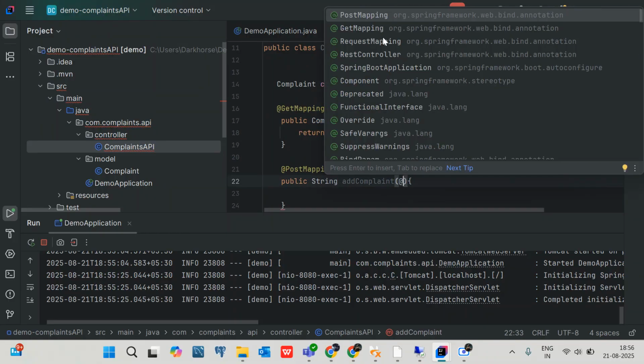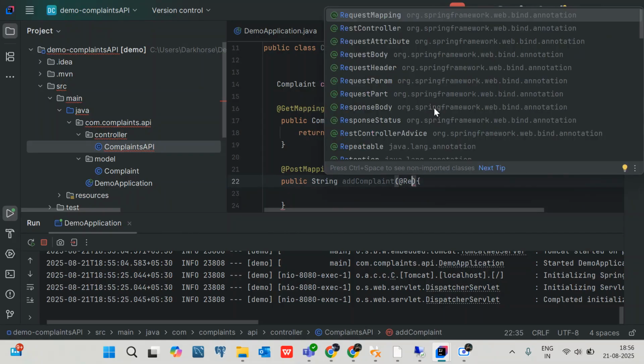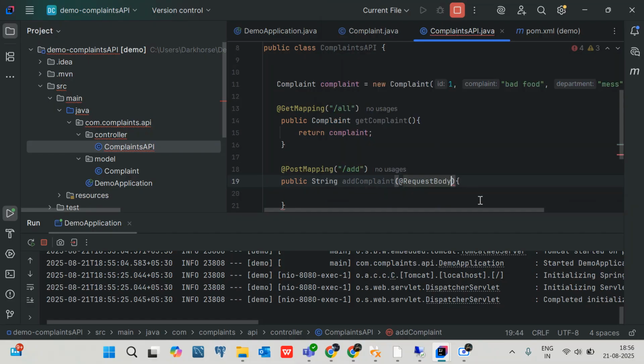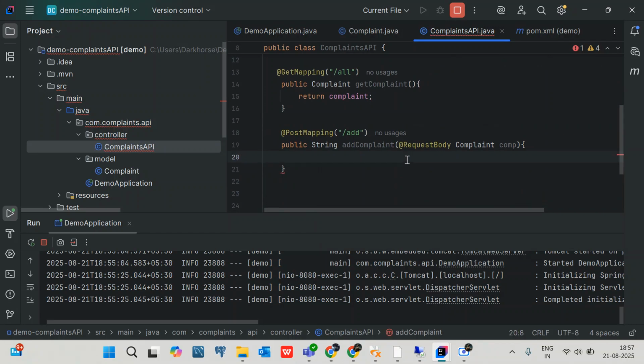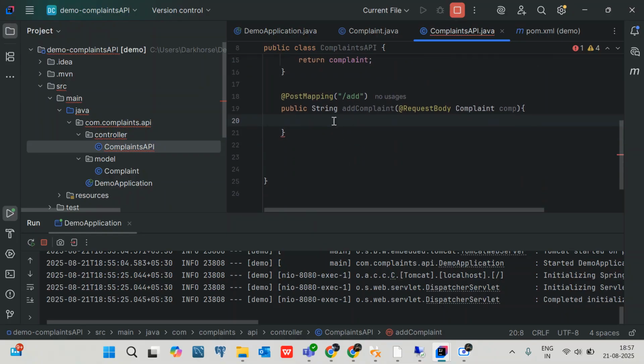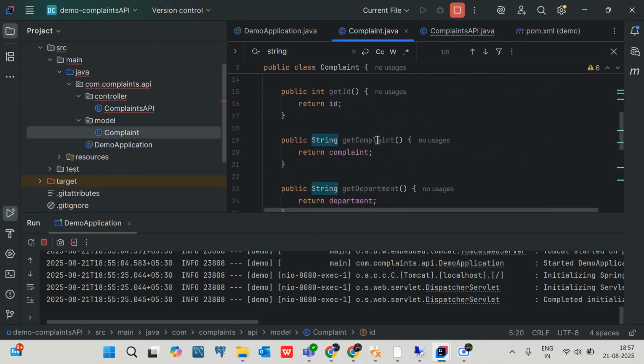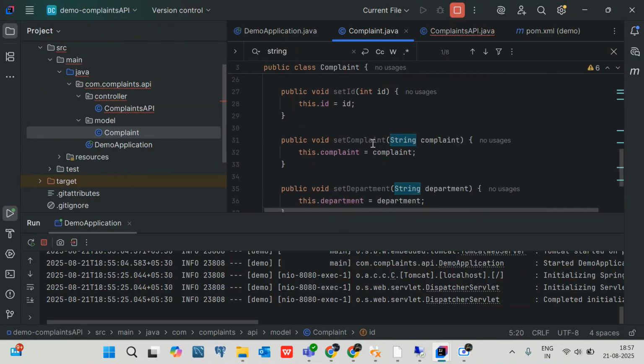So we can use the annotation @RequestBody, that will be of type Complaint. Let's name it complaint. Okay, now what we can do is call the setter methods of the Complaint class we have created, you can see it's setComplaint. Okay, so